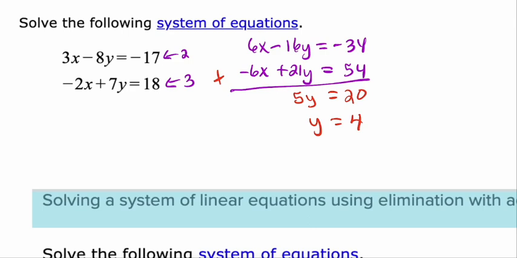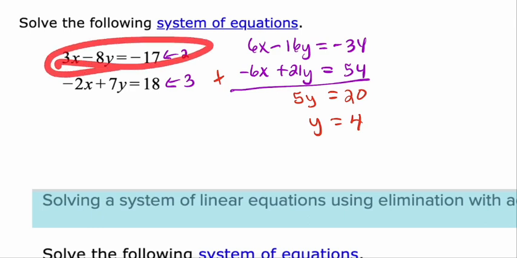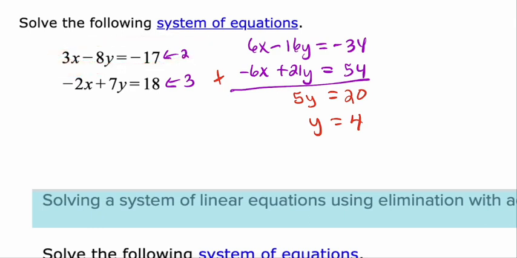Remember how our last one said y equals that, and it was great. Here we don't have an equation that's super nice to plug back into. So you pick whatever you want, okay? I am going to plug into this top one just because there's no real rhyme or reason. And when I do that,